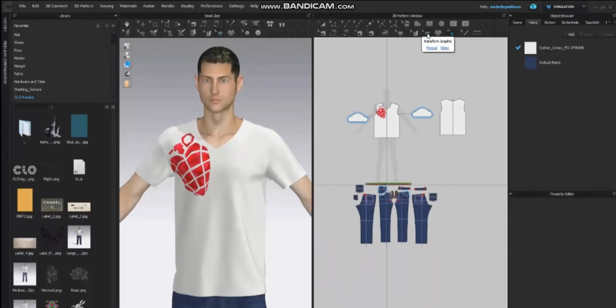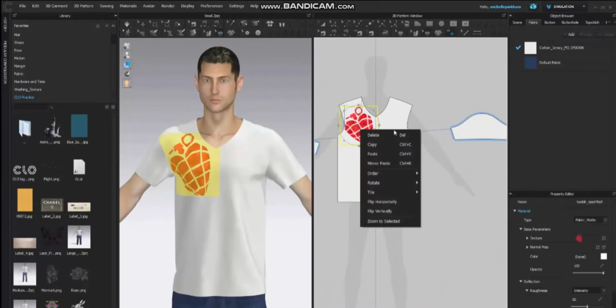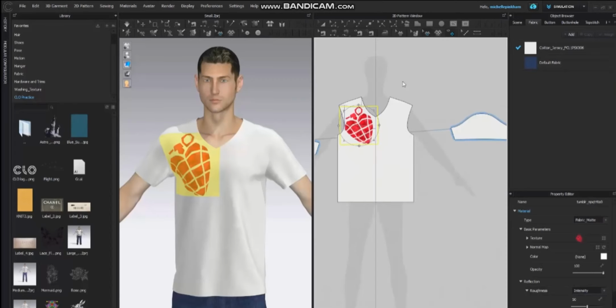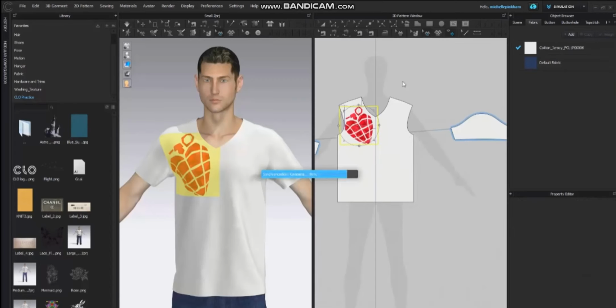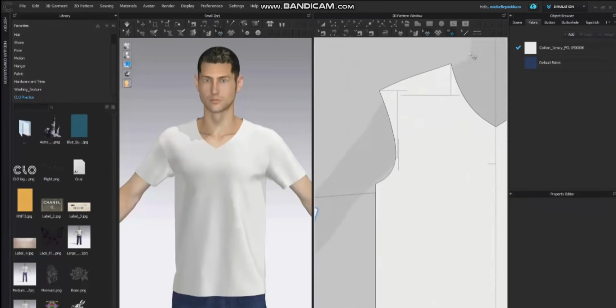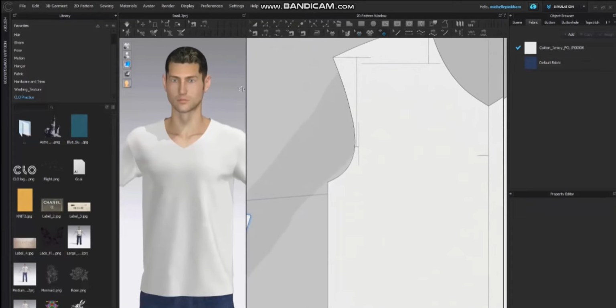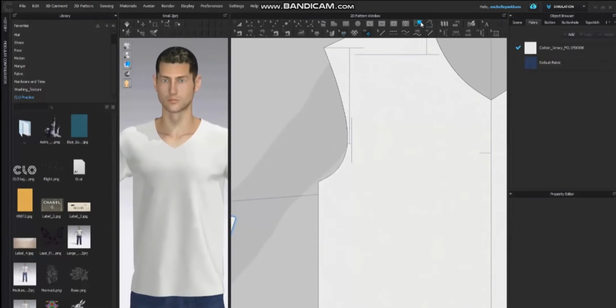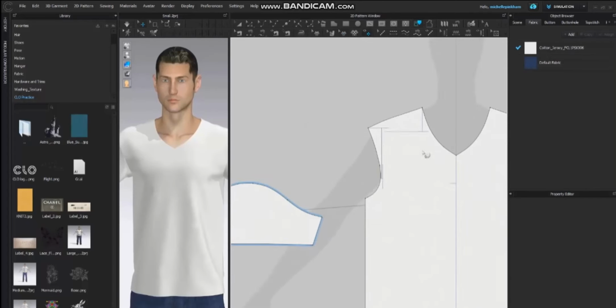So to delete your graphic, you can either right-click in the 2D window and hit delete, or you can hit delete on your keyboard when it is selected. I'm also going to remove these markings just quickly. That requires using the trace tool. With trace, then I can select these segments